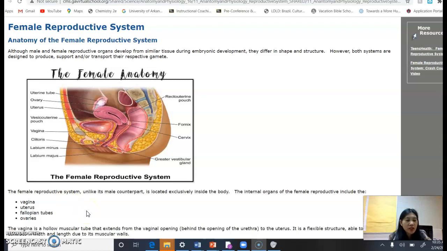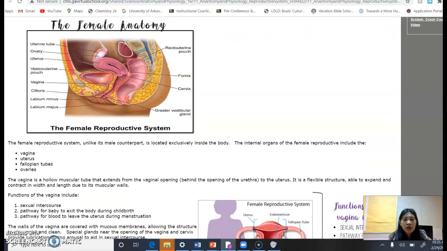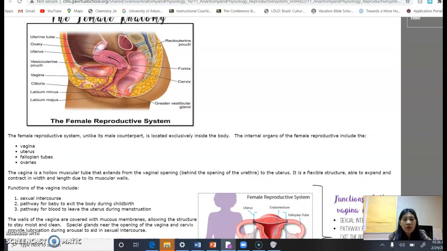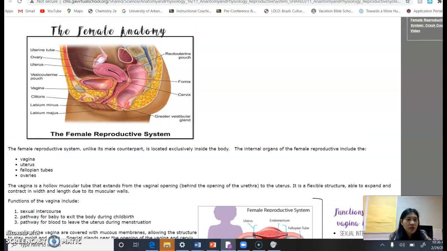The vagina is a hollow muscular tube that extends from the vaginal opening, behind the opening of the urethra, to the uterus. It is a flexible structure able to expand and contract in width and length due to its muscular walls. Alright, so as you can see here,